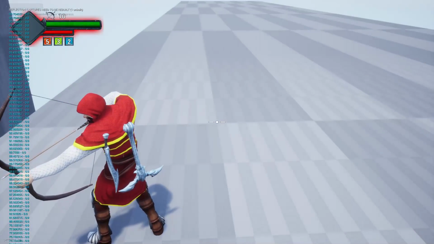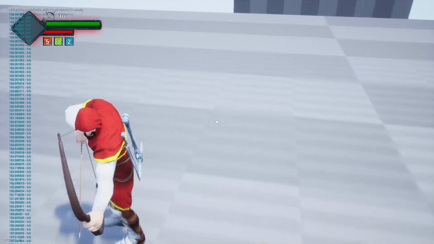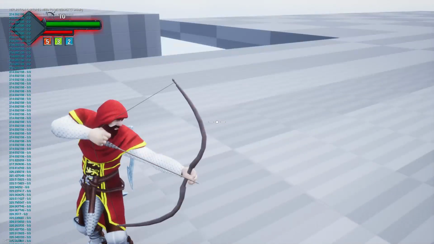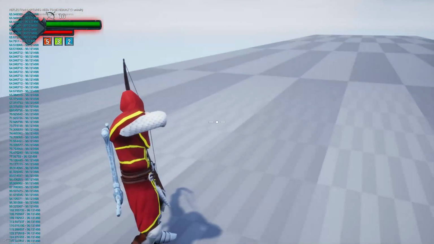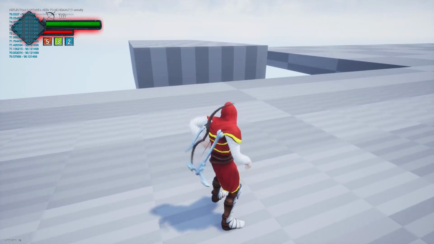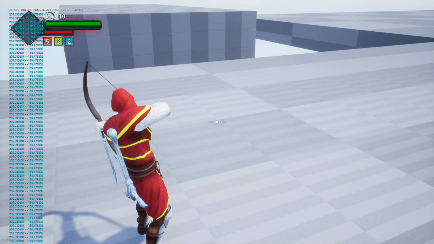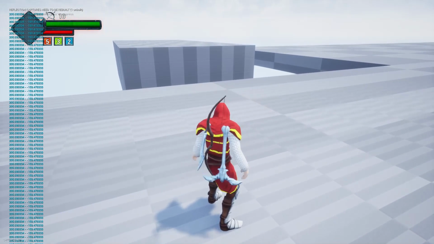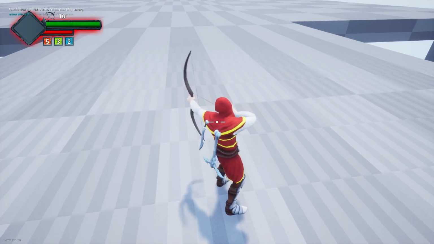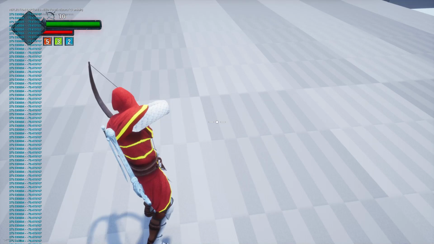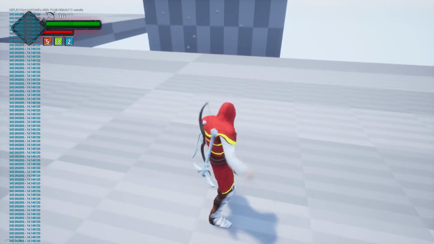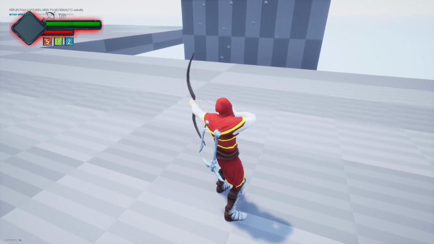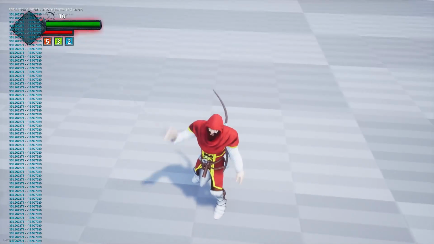It's 0. If I'm facing here, oh, it's minus 159. If I'm facing this direction, it's minus 79. 14, minus 18.